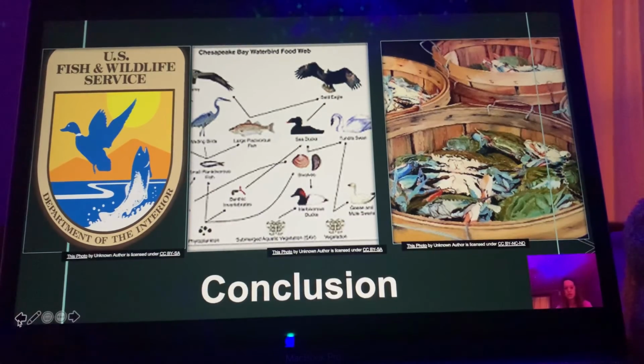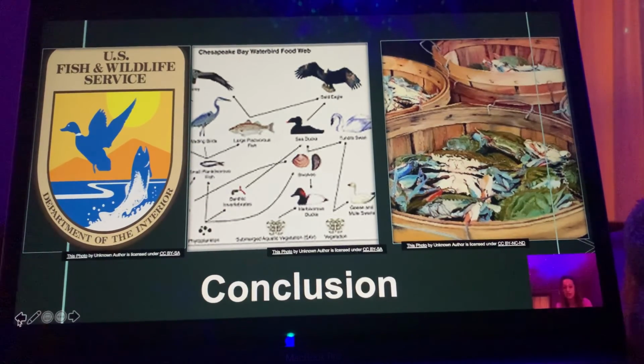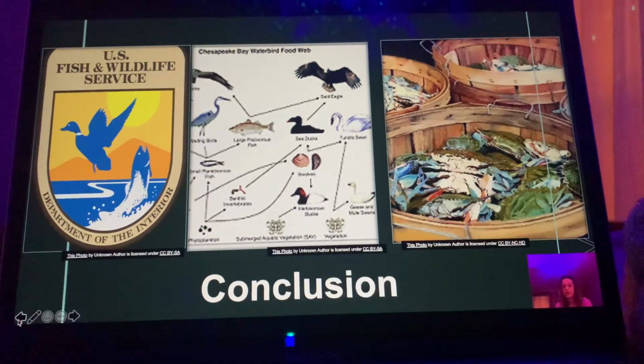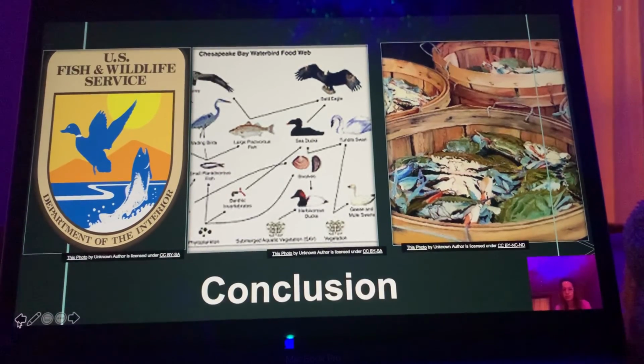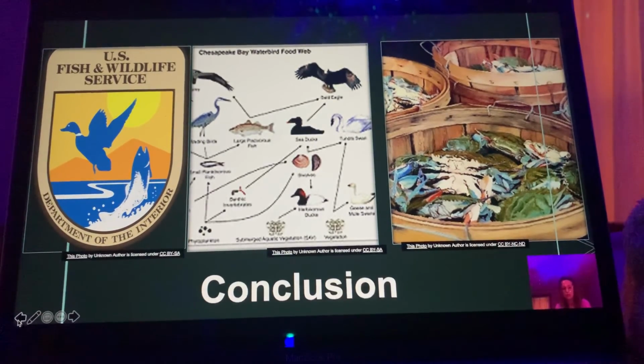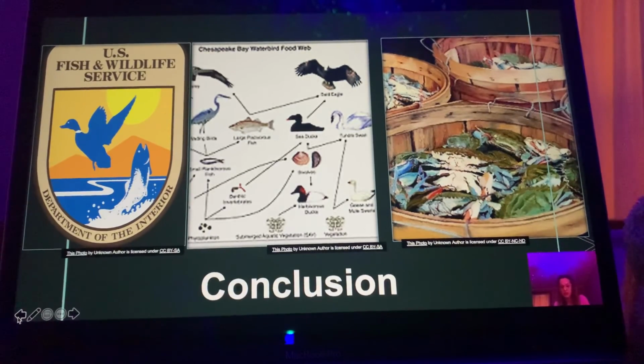In conclusion, overall, if we do not find a way to control this species and remove it from environments where it does not belong, they will cause major destruction to the ecosystem. By preying on shellfish, they are taking away from fishermen in the food industry, which can put them out of a job, and are also taking away from other consumers like fish and birds. One change in the ecosystem will cause a domino effect and lead to a decrease in many other species by causing more competition and species to starve.